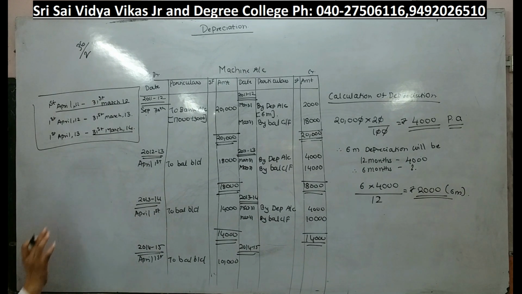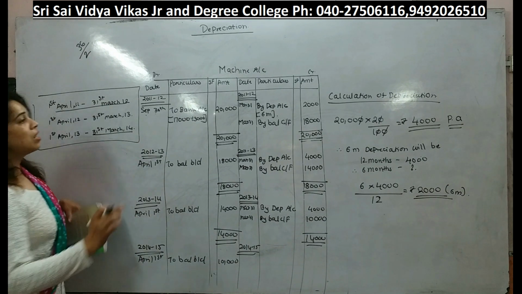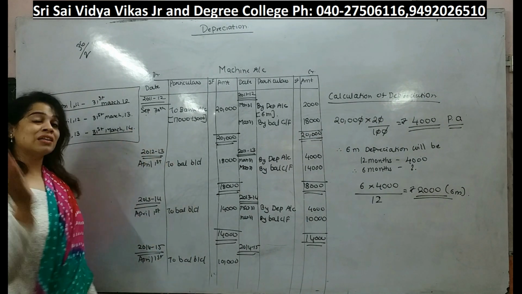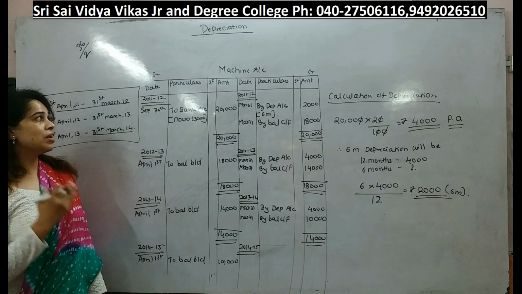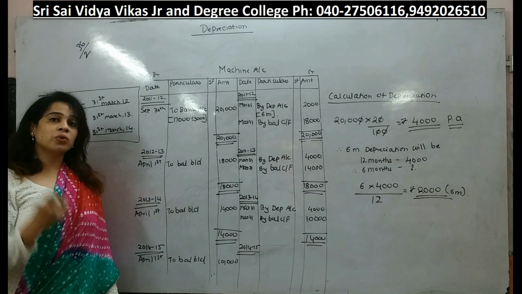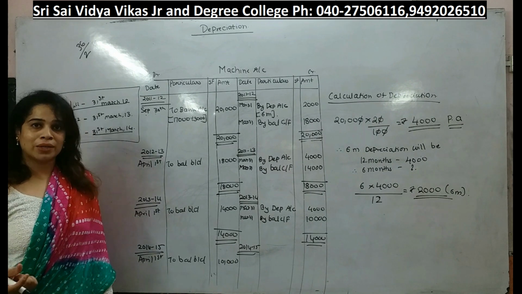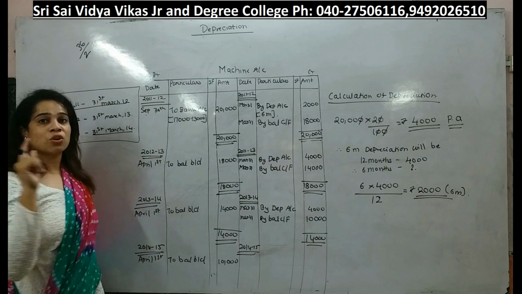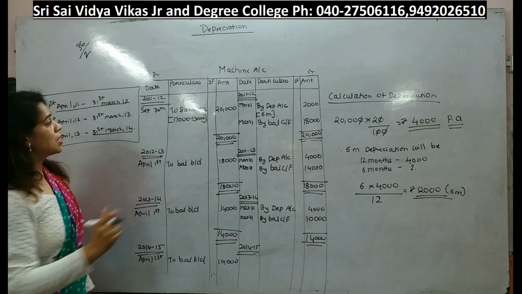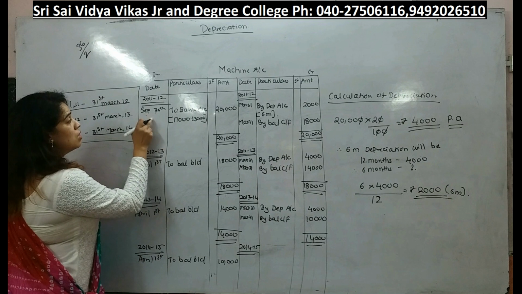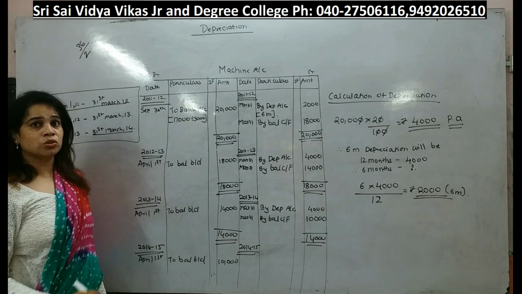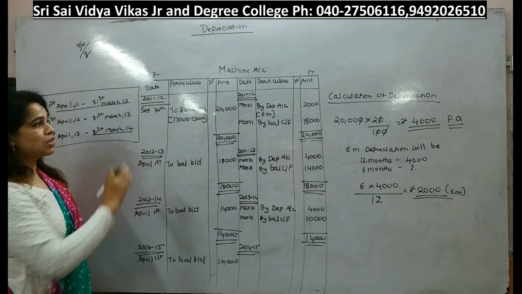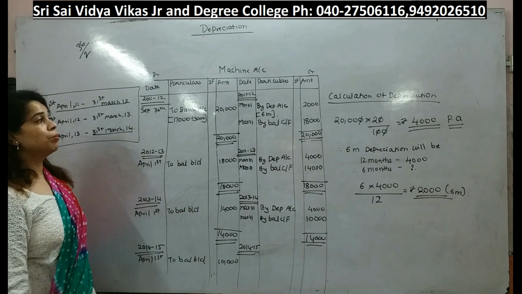Just what are we doing? What do you need to understand? What new thing have we come across? See, in the last class we calculated how to calculate depreciation for 12 months. In this problem, they said that we are not purchasing the asset on 1st April, whereas we are purchasing the asset in the middle of the year, that is on 30th September. So depreciation we will charge accordingly. That is what we have learned in this problem number 2.